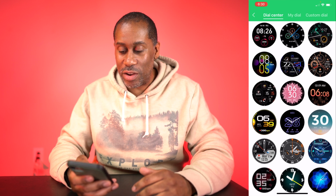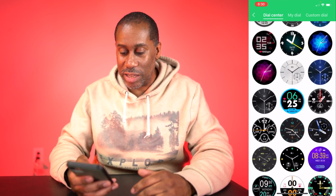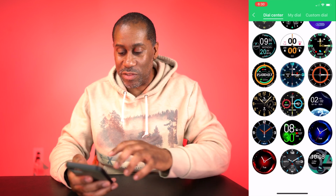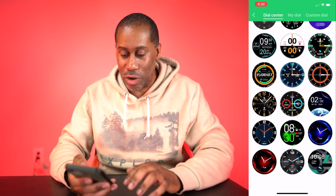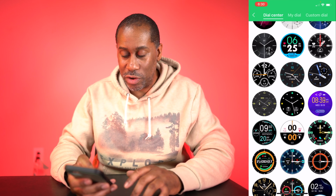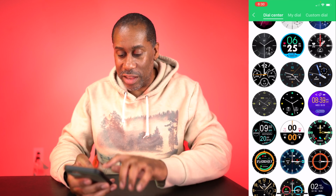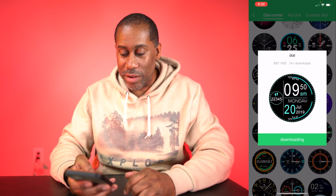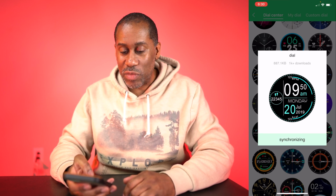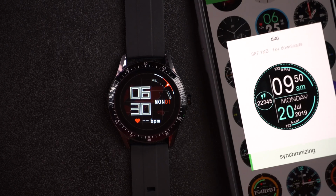So we can see there's a lot of them here. There's just a lot of watch faces, different styles, different colors. They have some different functions on there that they show. So lots to choose from so that you can get something that works best for you. So let's say you want something like this one here. We can click that. We'll hit the dial to start synchronizing it, and this is going to start sending it over to our